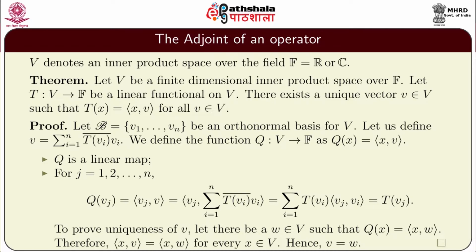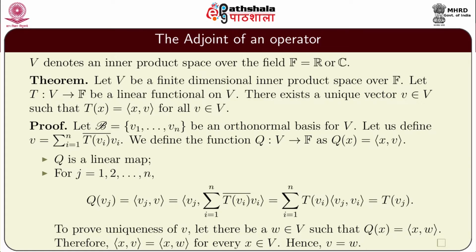Well, we have already made this comment before that Q being given by this inner product where the second position is fixed by v, it is a linear map with respect to the first variable. Therefore, Q is linear,